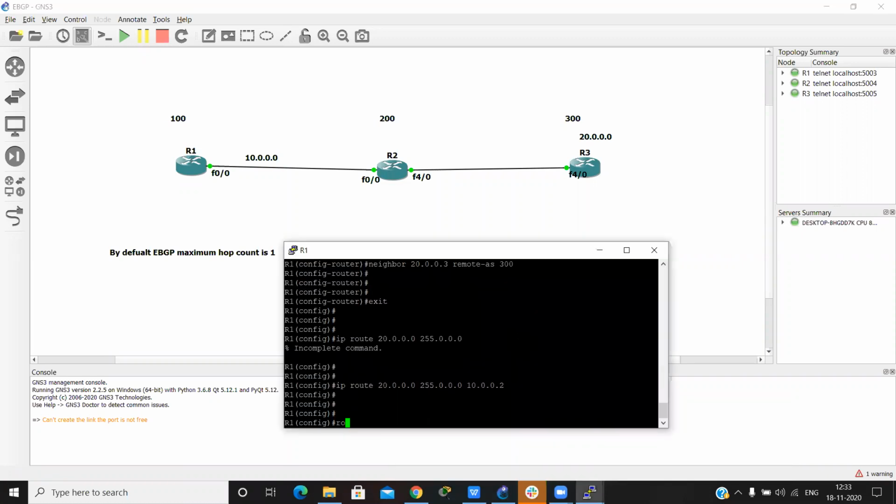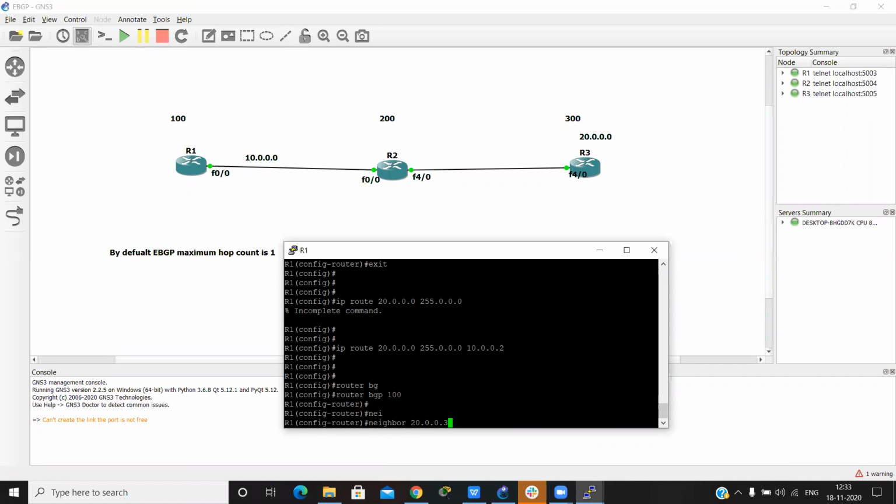How can we increase it? Router BGP 100, neighbor 20.0.0.3 and ebgp-multihop. Multihop can be from 1 to 255, so I can give 2.